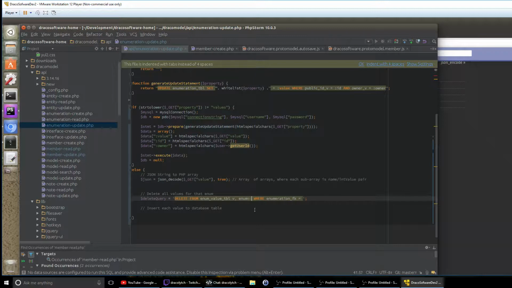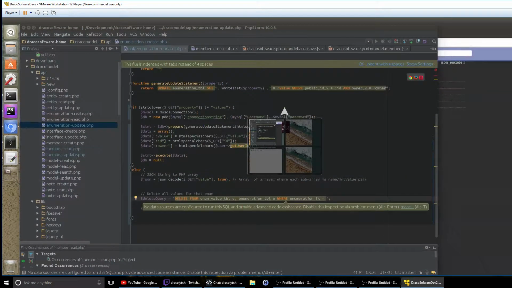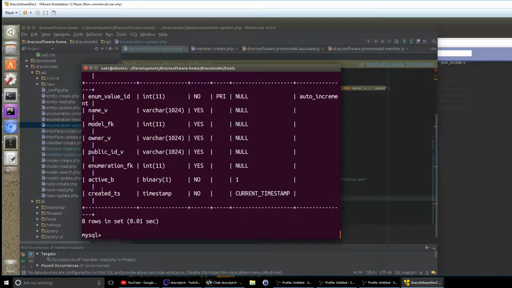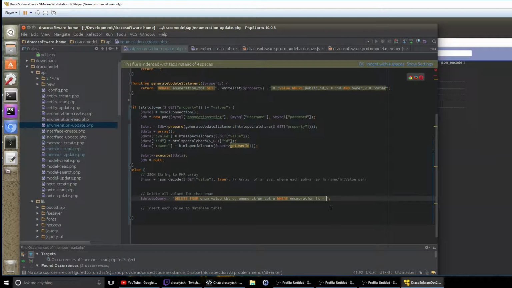And then enumeration table E, so delete from enum value table V, enumeration table E. Can you even do that in a delete statement? I guess we're going to find out. All right. Well, where enumeration FK is equal to enumeration ID and